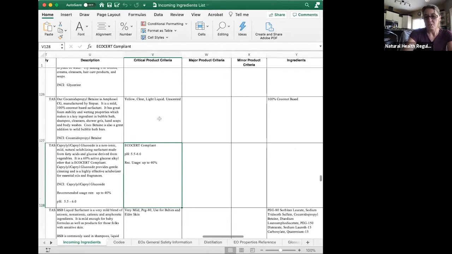So again, these are all, this one here, the cocamidopropyl, this is what it needs to be: yellow, clear, a light viscosity liquid and unscented, and it's 100% coconut based. Now, why these columns are important, and I have to stop this screen share and go to a different one. So why those columns are all very important